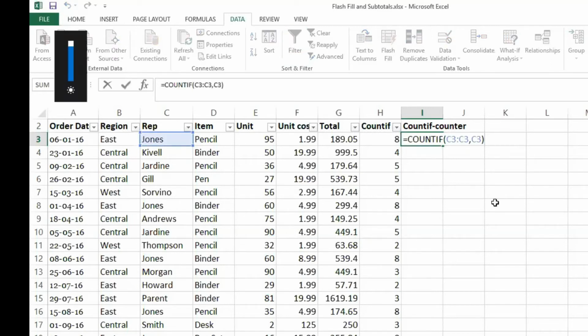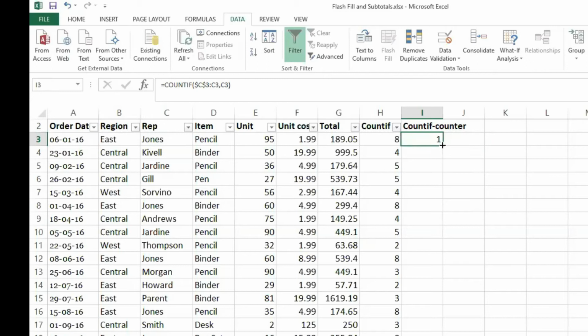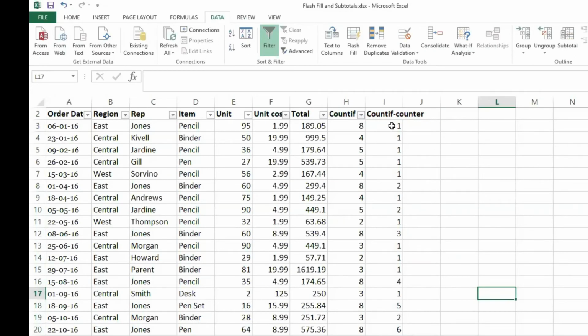Right, now I freeze it here. I freeze the first part of the range because it starts from C3, but it should not end when I drop it down. So I'll tell you how it works. When I drag it down, say till here, I'll just show. What happened is, this formula was clear. The second range automatically becomes C3 to C4. In these two, he's searching for Kaival, which comes as 1.